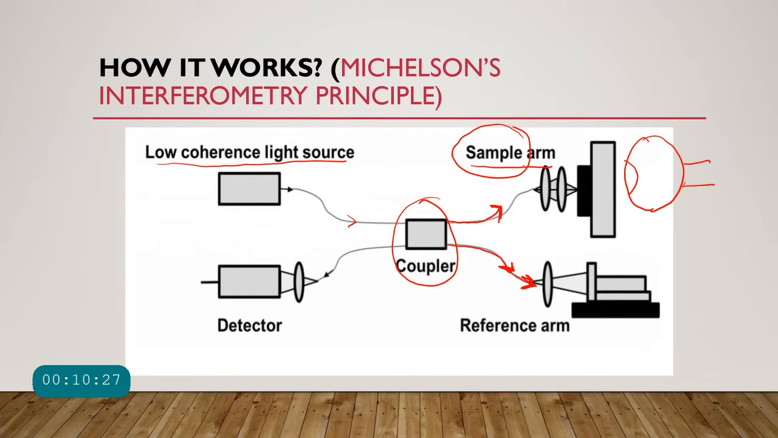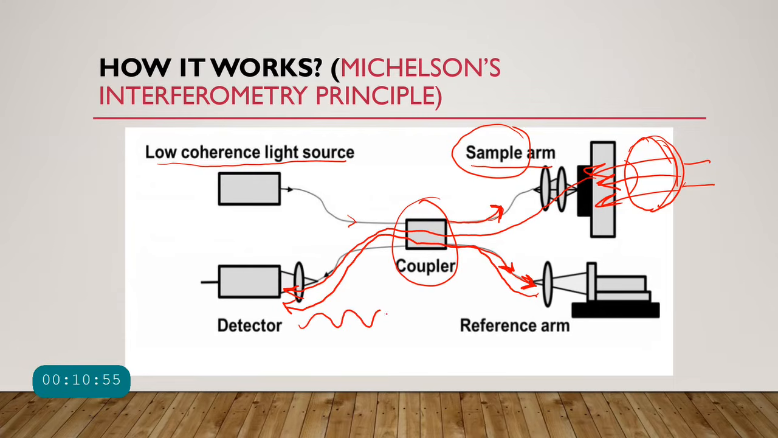Now what happens is that the sample arm signal will go to the eyeball, and from the eyeball the light is again going to get reflected back and travel back to the coupler, and now it is going to go to this detector. Similarly, from the reference arm also you are going to get a backscattered light, and these two waves are now going to reach the detector, and based on their coherence they are going to undergo constructive or destructive interference,